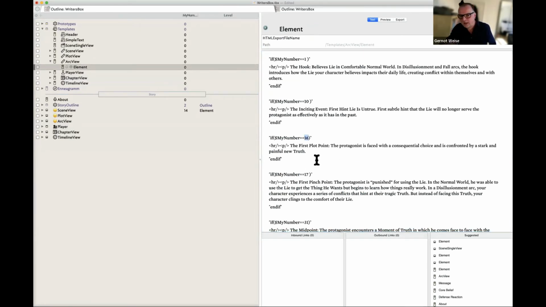Now, when I work with that, I sometimes think, okay, that's my first plot point, for example. Then I think, okay, this is number 10. Maybe next day I say, no, it's number 11 actually. Number 10 only prepares that, and number 11 is actually the point where the protagonist commits to the story and really goes for it. Now, you wouldn't change that here in the template. You would actually change that in the note, correct? Or would you modify the template? No, in that case, I would change that in the template.